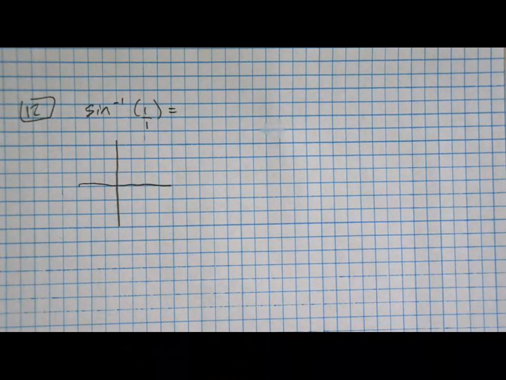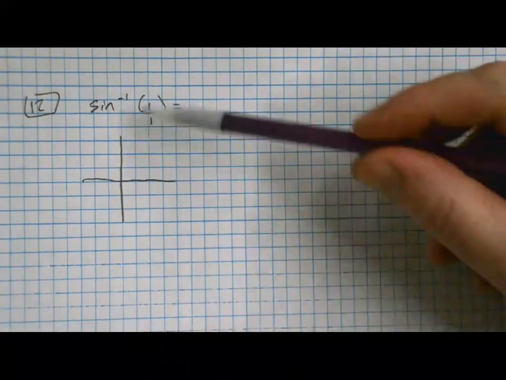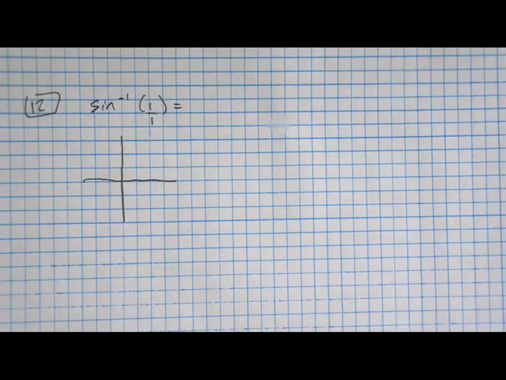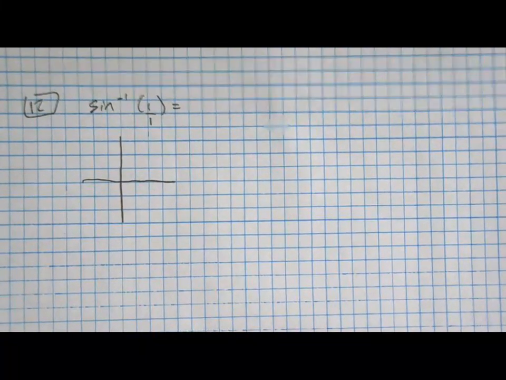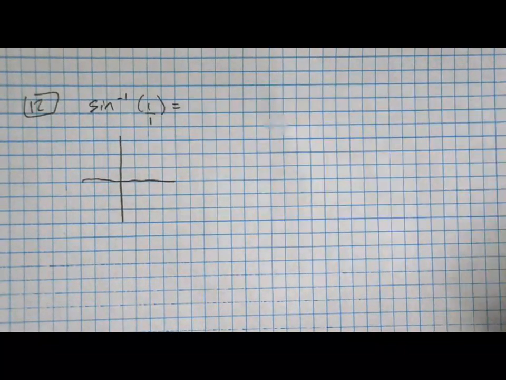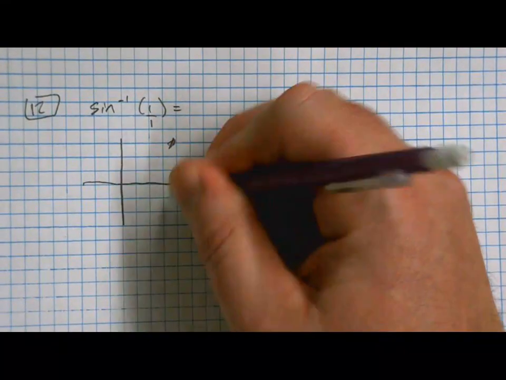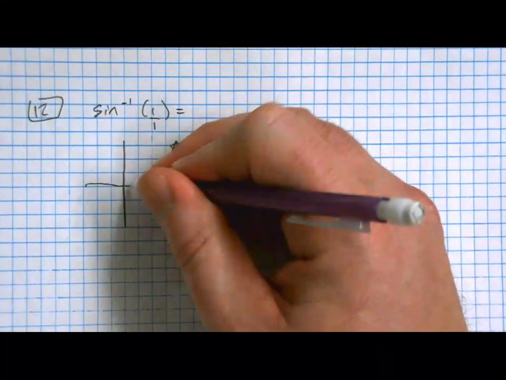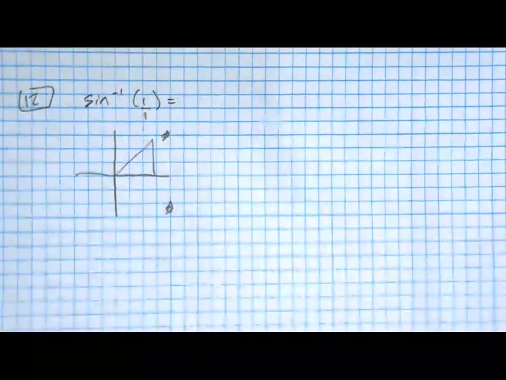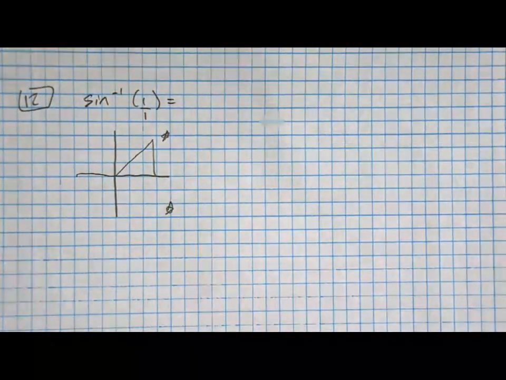All right, we got inverse sine of 1, and I'm thinking of that as 1 over 1 for my ratio that I'm going to put into my reference triangle. I notice that this is positive, and it's inverse sine. Inverse sine means we've got to be in one of these two quadrants, and if it's positive, then it's in this one. So I go to draw my reference triangle, but I got trouble because